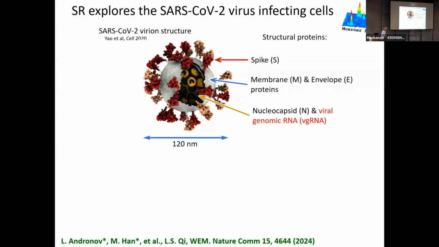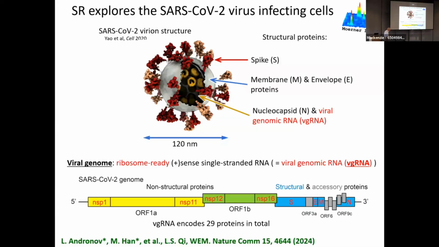Okay, so the SARS-CoV-2 virus, the virion, the structure of the virus particle, is very small, 120 nanometers or so, and it has this spike protein all over the surface that you've heard about that binds to our cells. But inside it has the RNA for the virus. It's basically an RNA virus, because this is a single-stranded piece of RNA that's been decorated by these nucleocapsid proteins, these N proteins. Okay, so that's all it takes to infect someone.